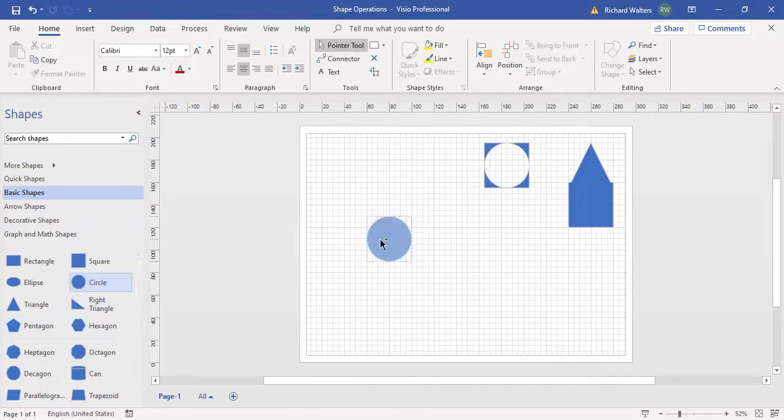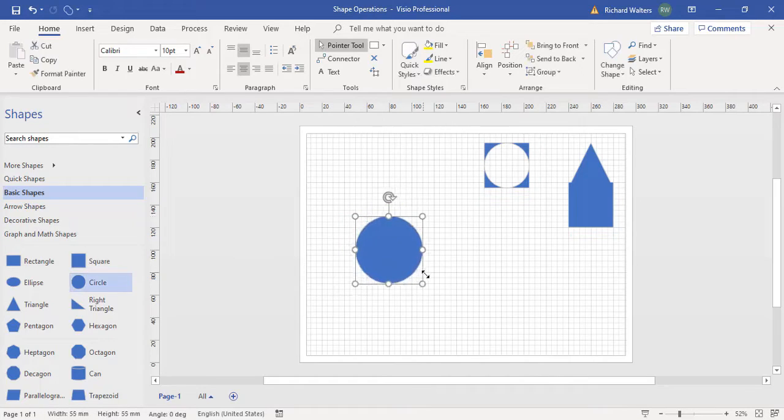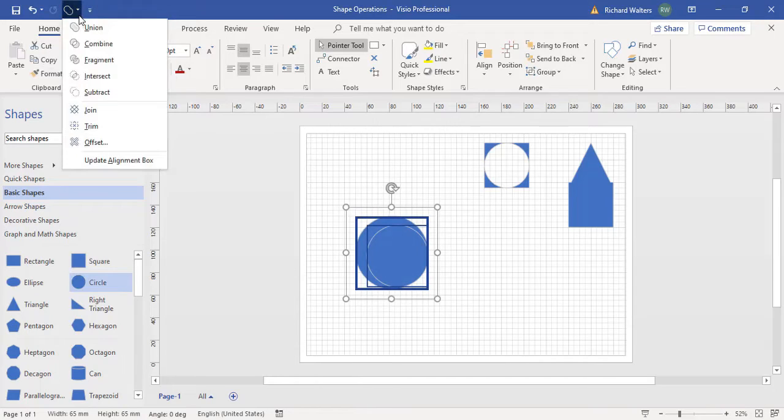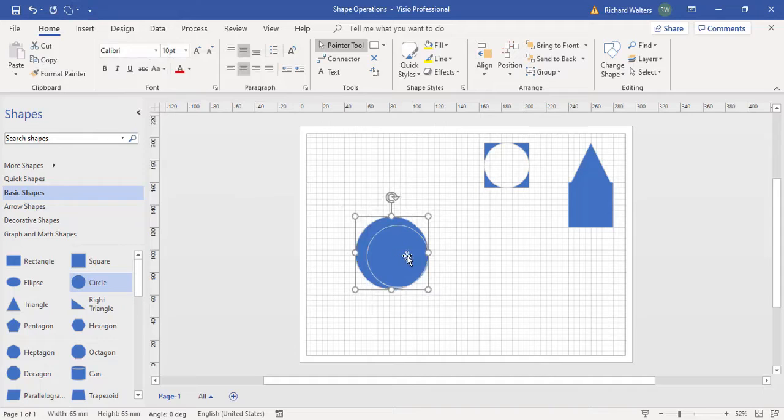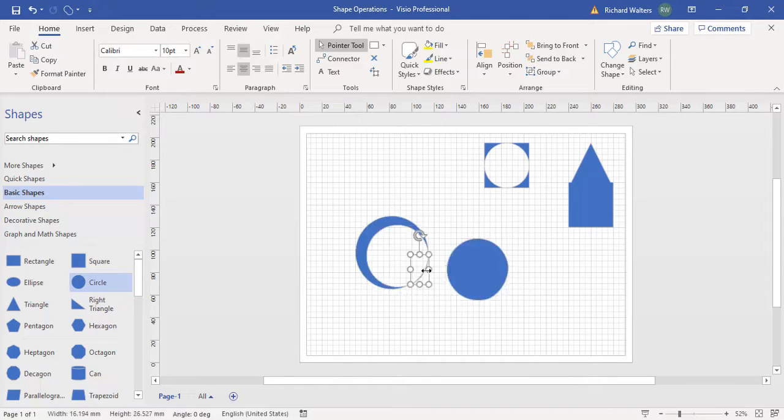Other examples, I could have a circle and make it a bit bigger. Then do a second one. I'm going to Ctrl D the circle and make it a bit smaller. Something like that, and just make it a little bit bigger. Now I'm going to select both of them, go to operations, and fragment this time. Now I can take the pieces apart, and I'm left with a nice moon shape